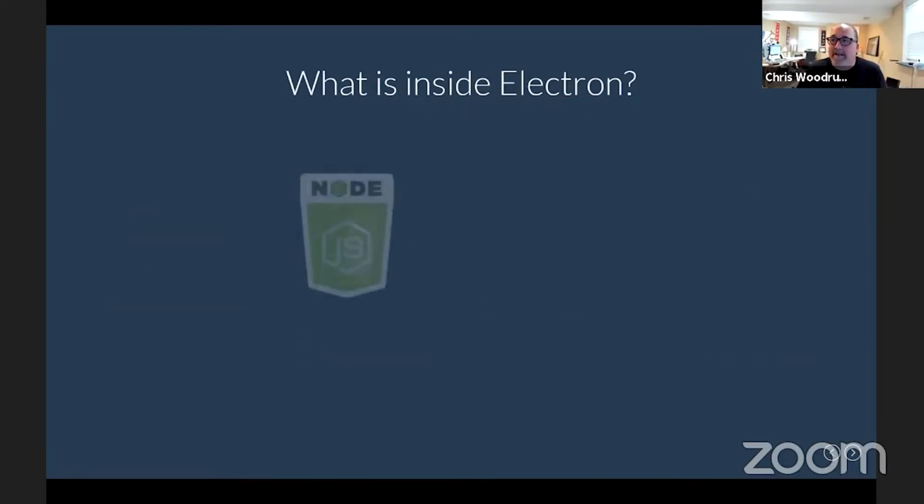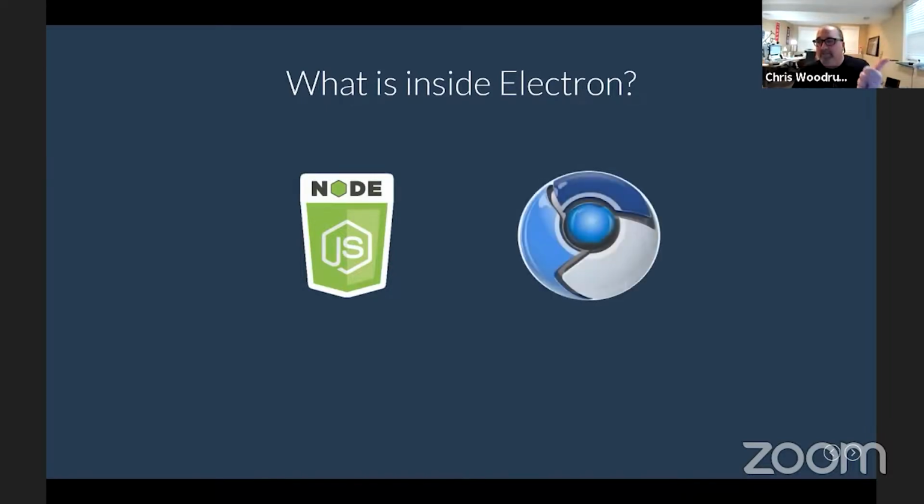And what's inside Electron? Inside Electron is Node.js and Chromium. So the open source technology for the Chrome browser is what you're actually building. So when you build an Electron app, you're basically housing an application inside a browser that has nothing shown.